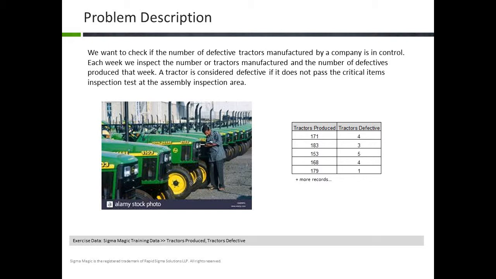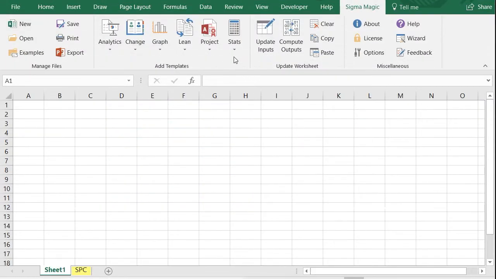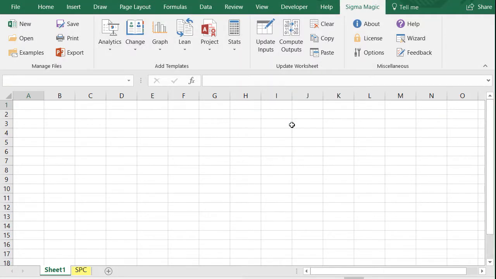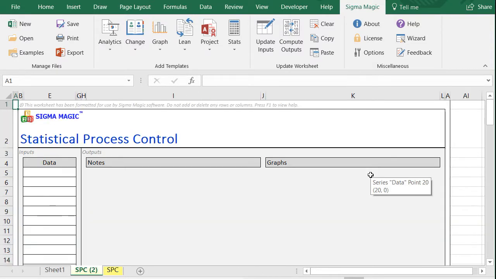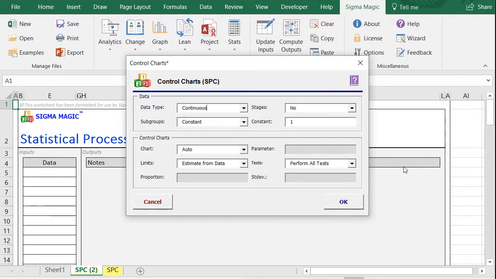The data for this exercise is given in the variables tractors produced and tractors defectives in the data file, 6 Sigma training data. To perform this analysis, the first step is to add the P-control chart template to your workbook, by clicking on Stats, and then selecting Control Charts. Once you add the template, click on Update Inputs, to open the Input dialog box, and specify the options for